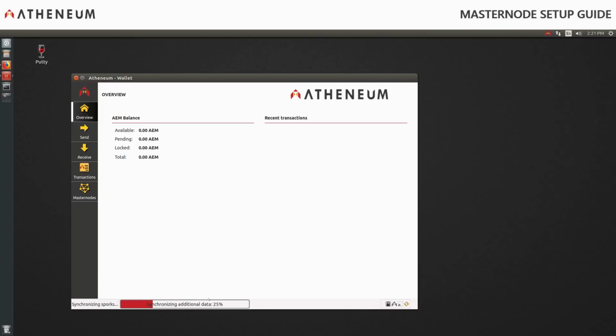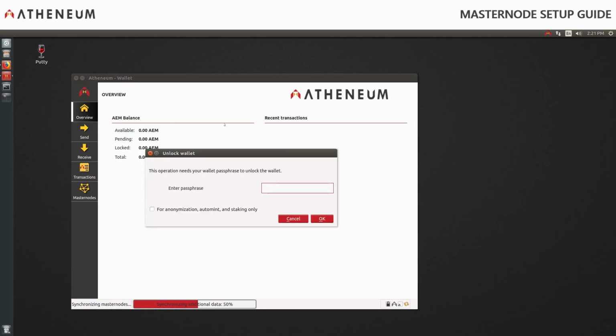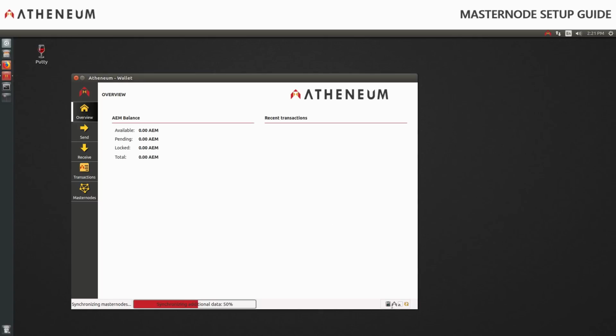Let it sync up again. This shouldn't take too long, but the most important thing right here to do, and I'm telling you this is really the most important thing to do, is unlock your wallet right away. Make sure that the password that you put in works. And if it says unlock underneath right here, if your icon looks like it's unlocked and it's green instead of red,